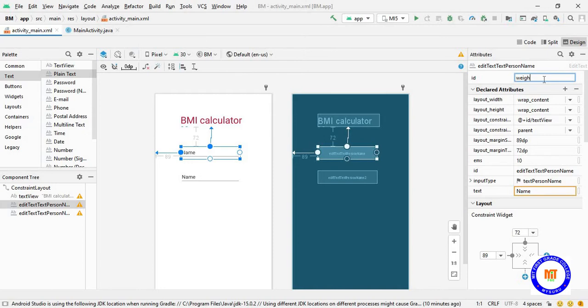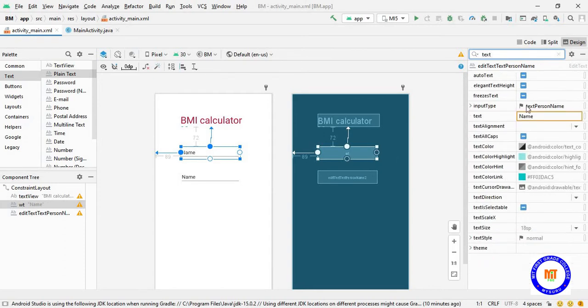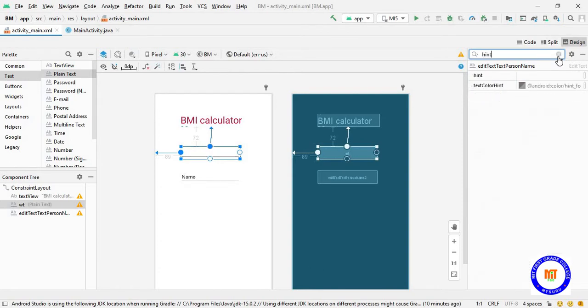Let it be WT. Next I'll change the text. I'll make it empty and provide the hint. I'll tell enter weight. It has to be in kg.